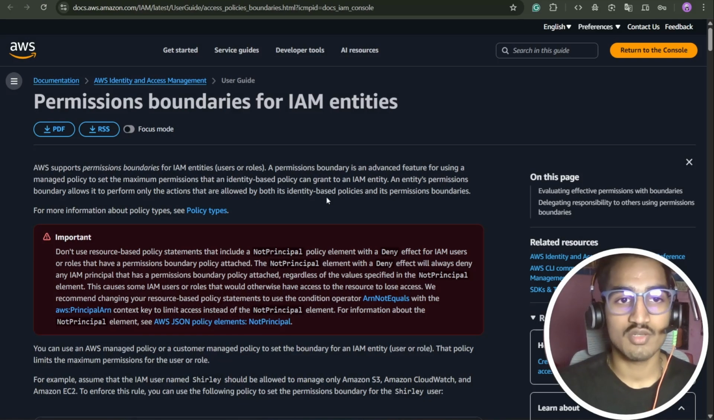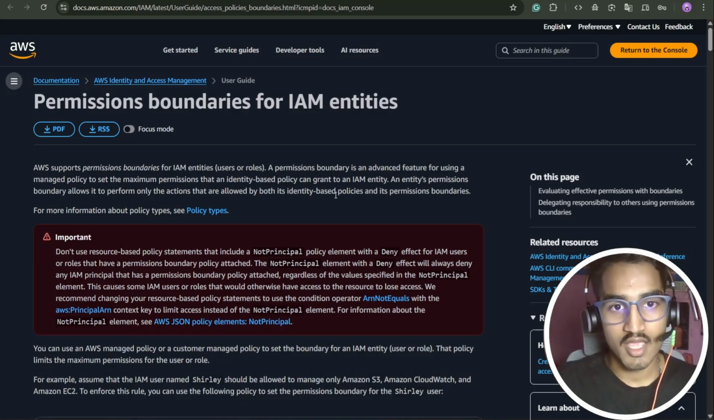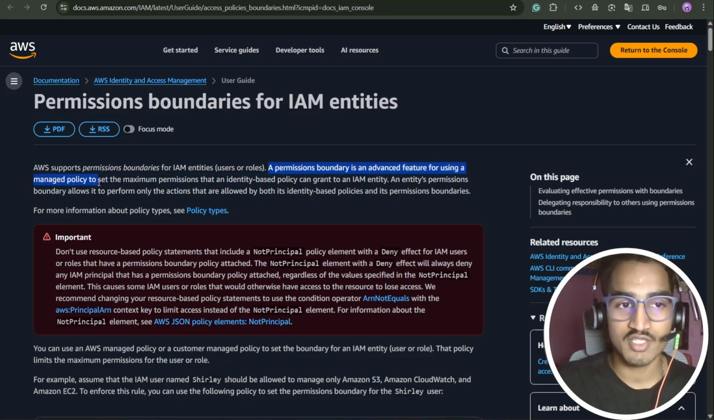So what is a permission boundary for the IAM entities? In the previous video, we already covered how to create a user and how to attach the identity based policy and the managed policy to that user. In this video, we are covering the permission boundary for the IAM entities, as it's supported by AWS. A permission boundary is an advanced feature for using a managed policy to set the maximum permission that an